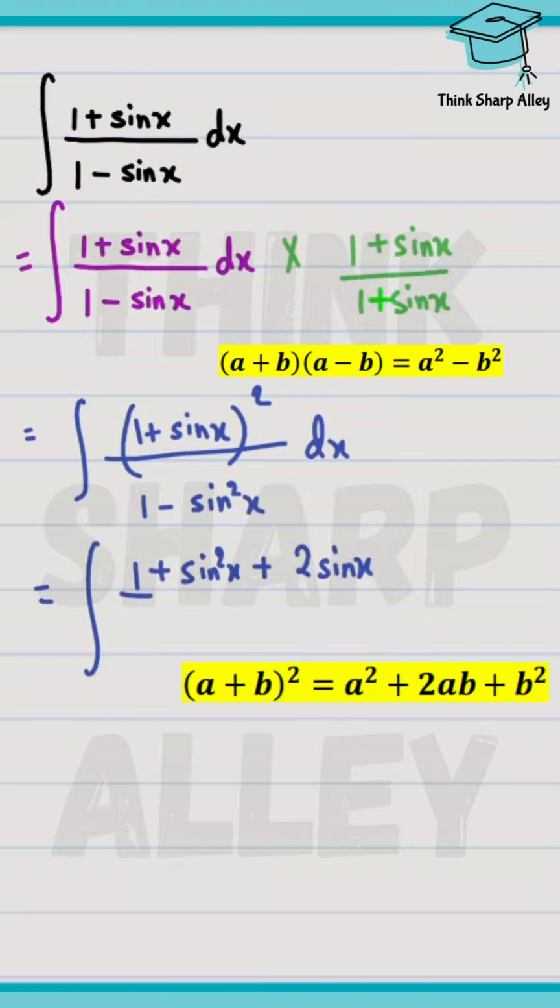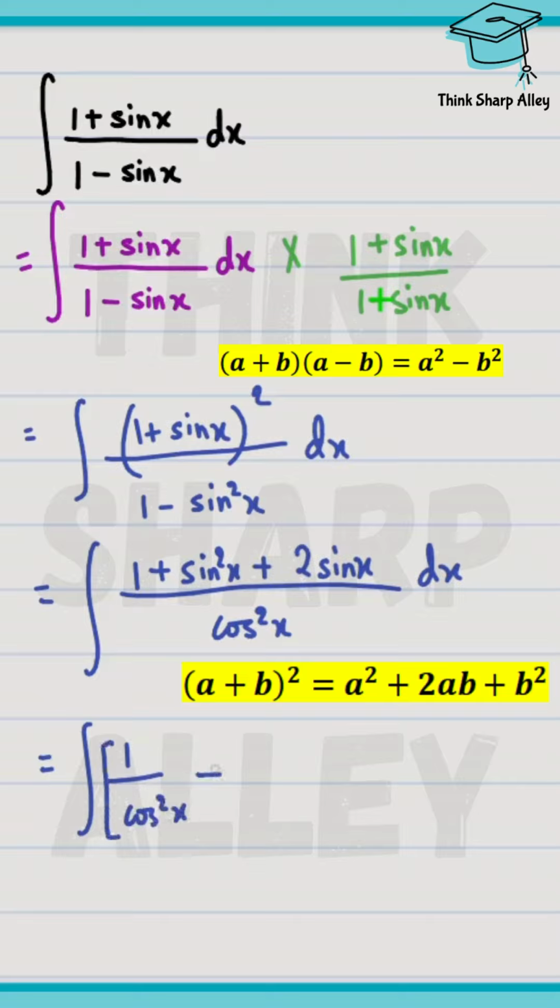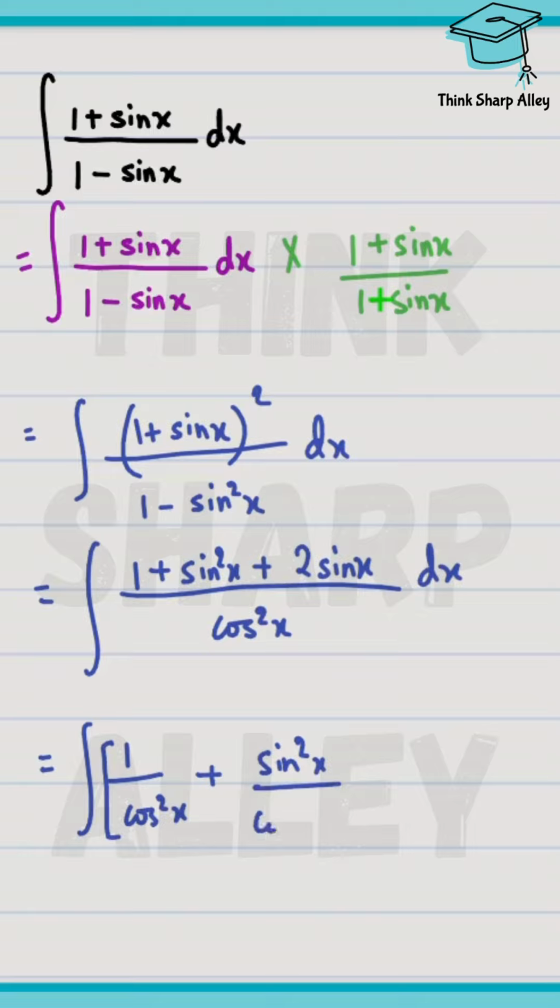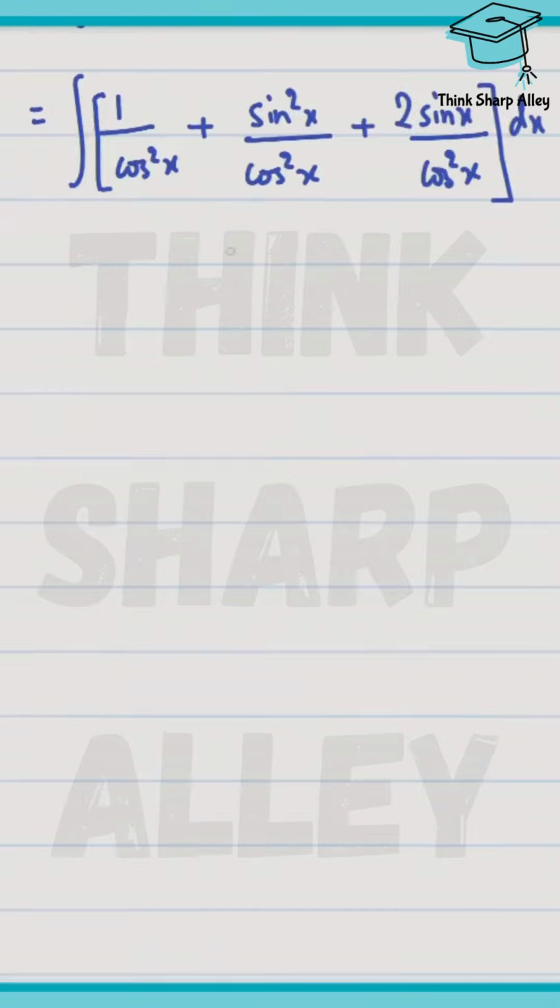Now in the numerator we again apply the identity that is shown on the screen, and the denominator becomes cos square x. By the square law we have 1 minus sin square x equal to cos square x. Then we just separate the denominator as shown on the screen, and then we use reciprocal ratios and other relations